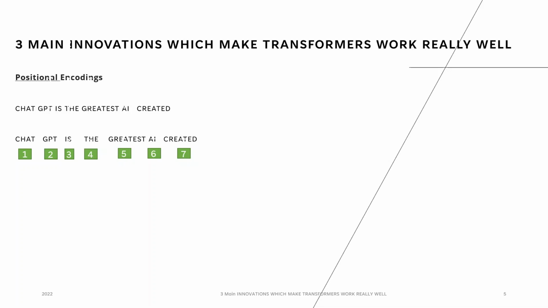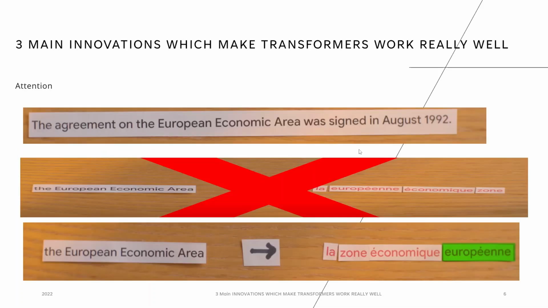And after positional encoding, let's move on to attention. So what is attention? Imagine trying to translate an English sentence into French, and one bad way of trying to do it is to convert each word by word. So in French, some words are flipped. For example, European comes before economic, and